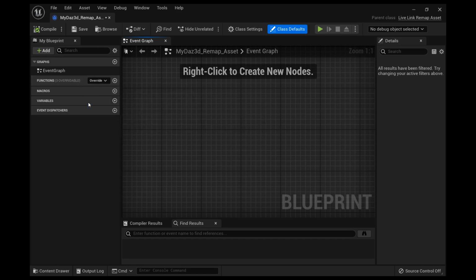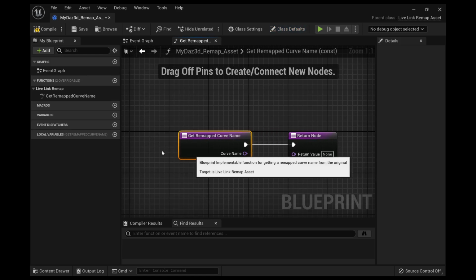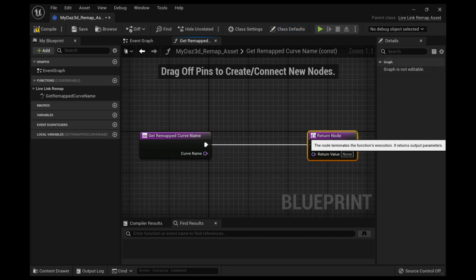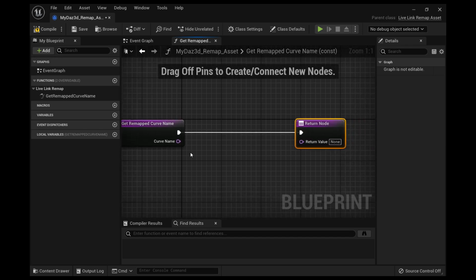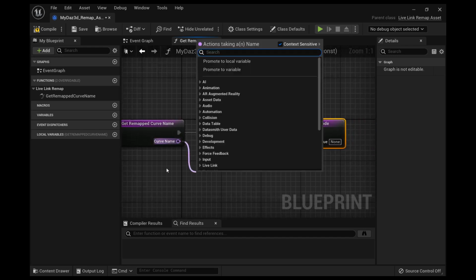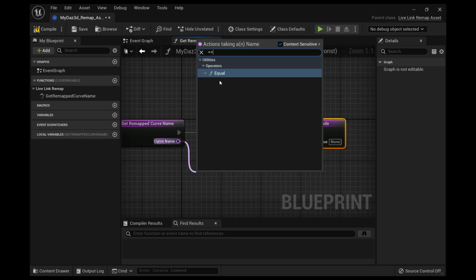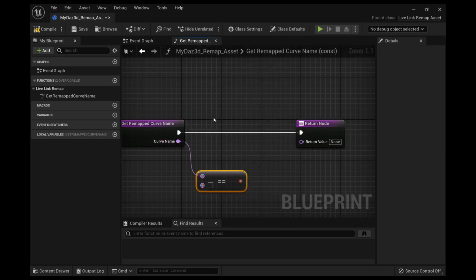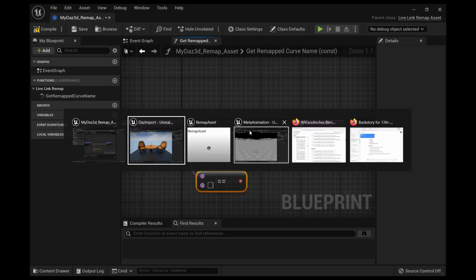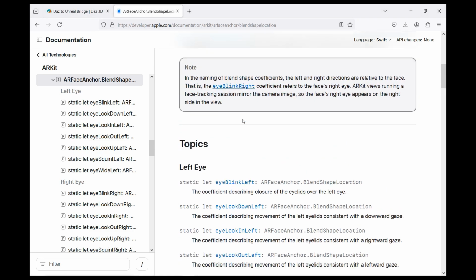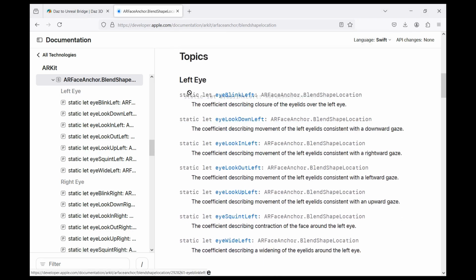Well, apparently because the Apple ARKit doesn't have any spaces, and when you put a character that has spaces in their morphs, all of a sudden it's not reading the morphs anymore because it's looking for an exact name. So we want to copy all these down,